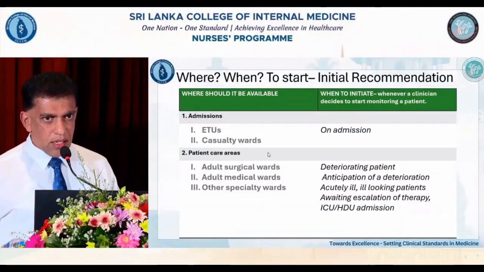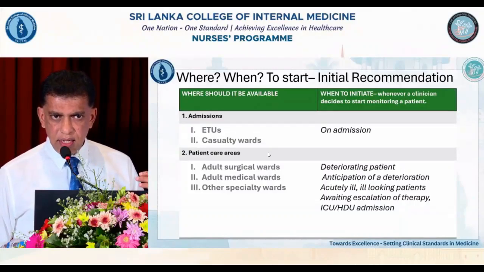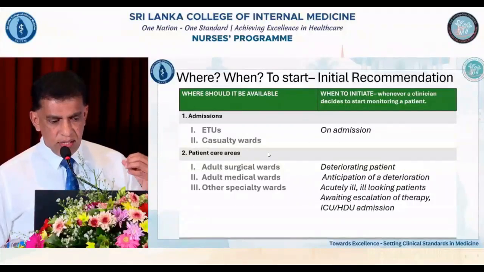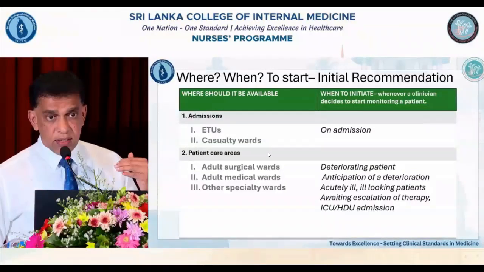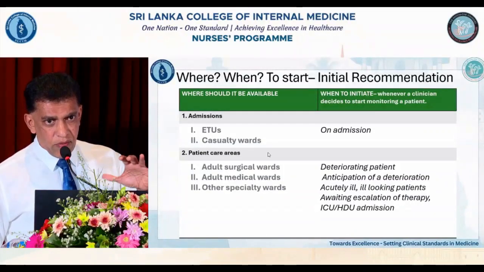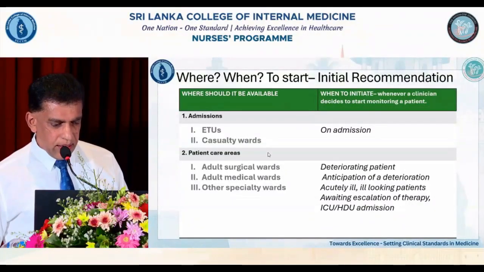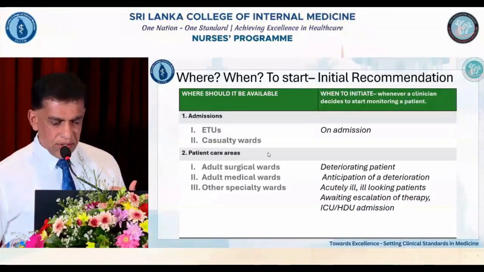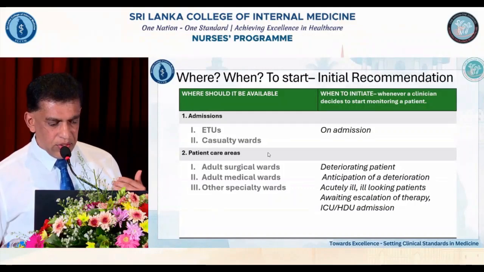So I think this chart was initially designed by the College of Anesthesiologists, and this is what they intended to be used. All the admissions to ETUs, casualty wards, I will tell you how we have adjusted it to make it more practical, right? Then for patient care areas like adult surgical wards, all deteriorating patients, all medical wards, anticipated deterioration, other